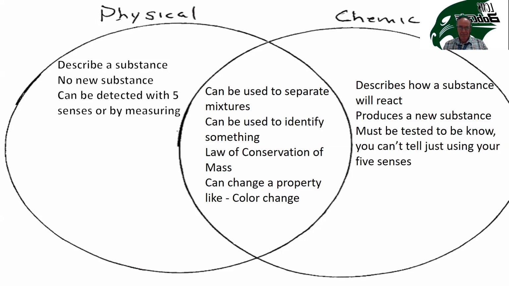Okay. Now, in real life, the police use this stuff all the time. They might find something at a crime scene, and based on its physical properties, they know what it is. Like, if it's a murder weapon, based on its physical properties, they know what it is. But then they may have to use chemical properties to identify other things. So for example, the blood on the knife, they may have to do a DNA test and do some chemical analysis to find out who it belonged to, okay?